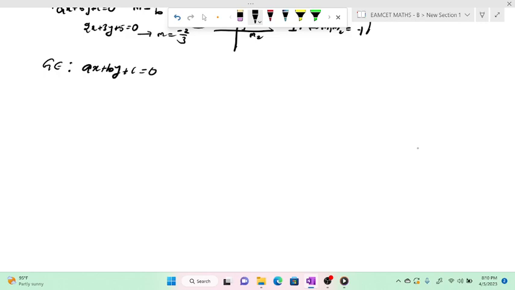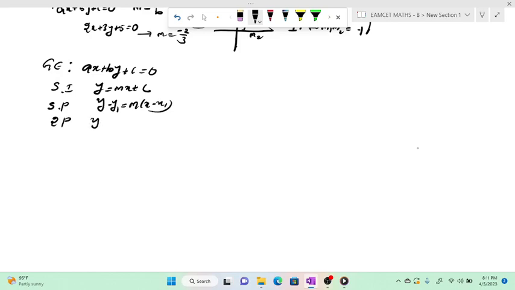The equation of the straight line in slope intercept form is y equals mx plus c. Here c is the y-intercept value, m is the slope of the line. Next, the equation of the straight line in slope point form is y minus y1 equals m into x minus x1. Next, the equation of the straight line in two points form